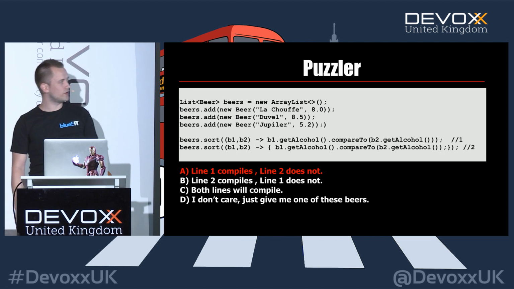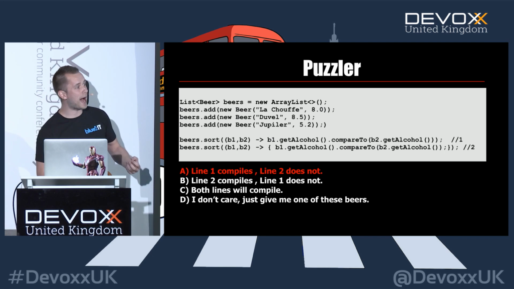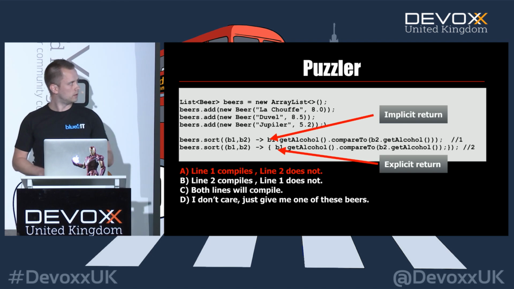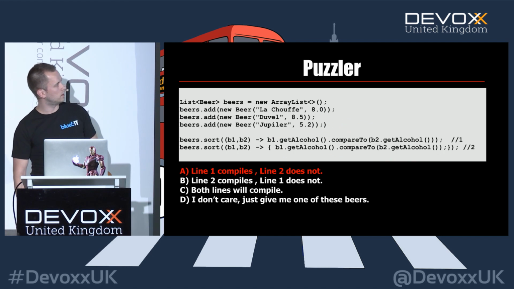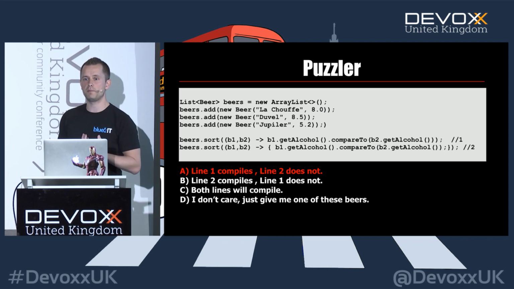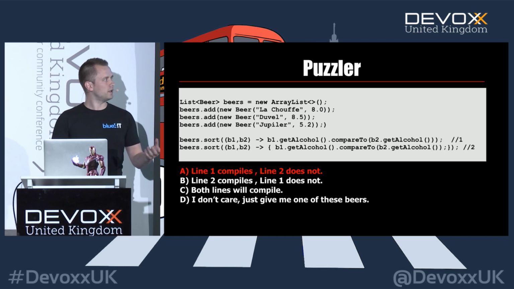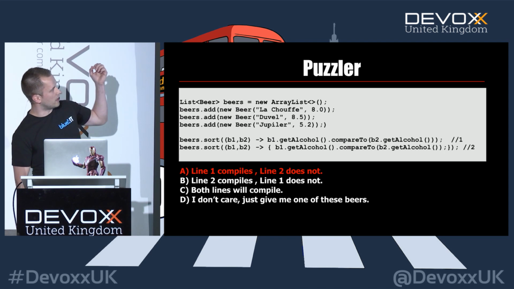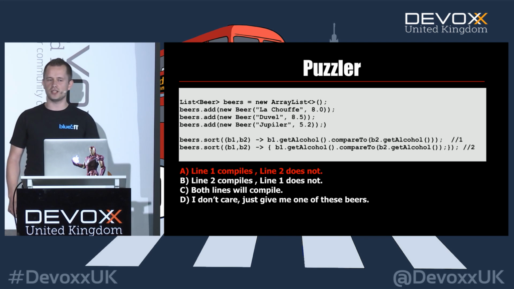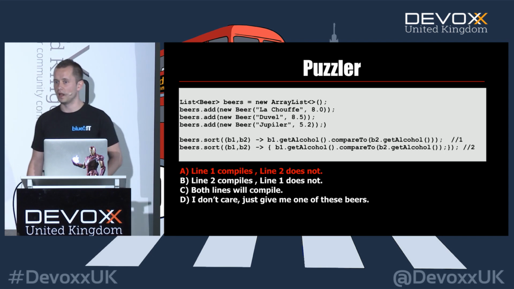I'll give you the correct answer. The correct answer is A. And now, the stunning thing is, why? Because of this. The first one, and we'll take the annotation away. The first one is a single line lambda. And a single line lambda is, in my opinion, how a lambda should be written. If you use a single line lambda, you can have an input and you can have an output. If you use the curly brackets, and I sneakily did it over here, you're actually initializing a block lambda.